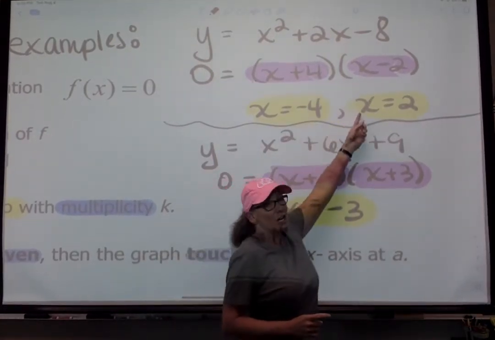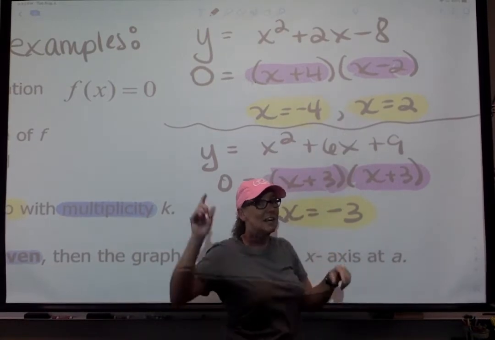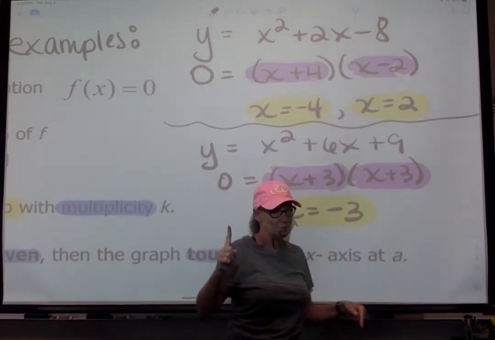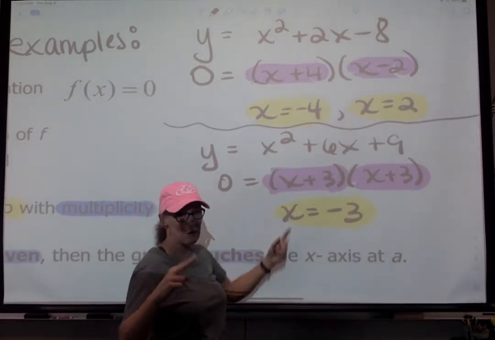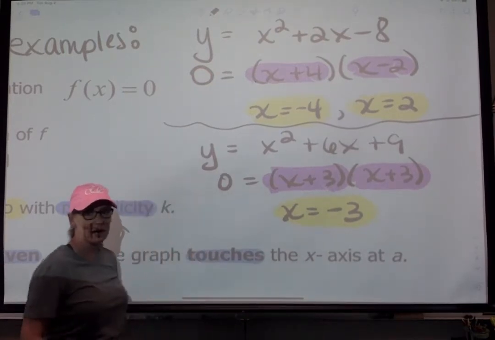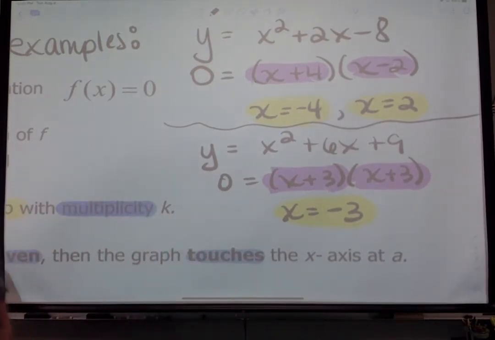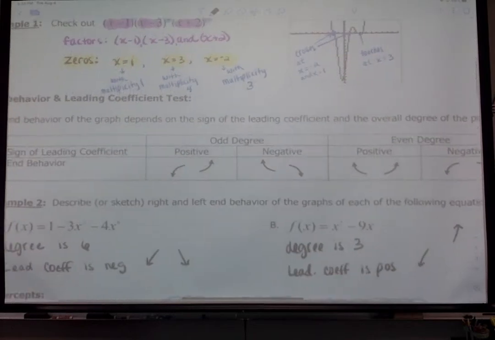If each one occurs only once, it passes through. Once passes through, twice sits on it. That's how I've got my multiplicity memorized. And then moving on,